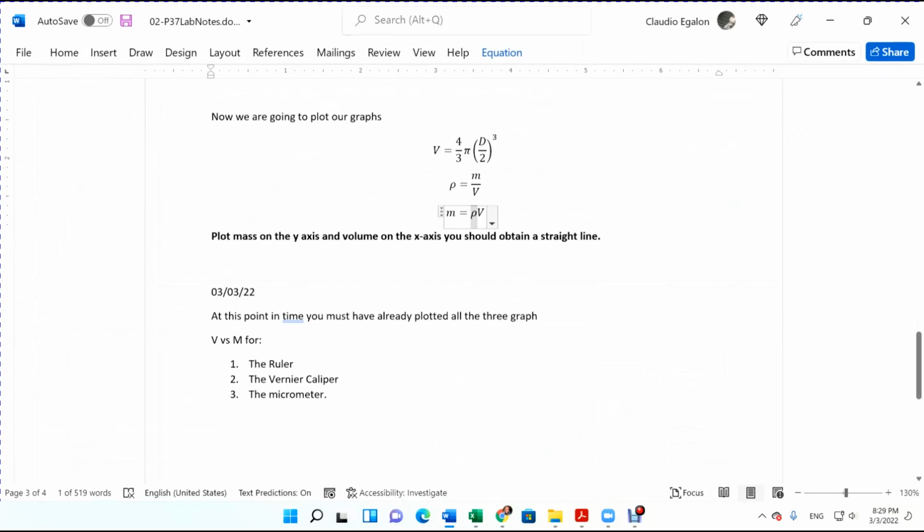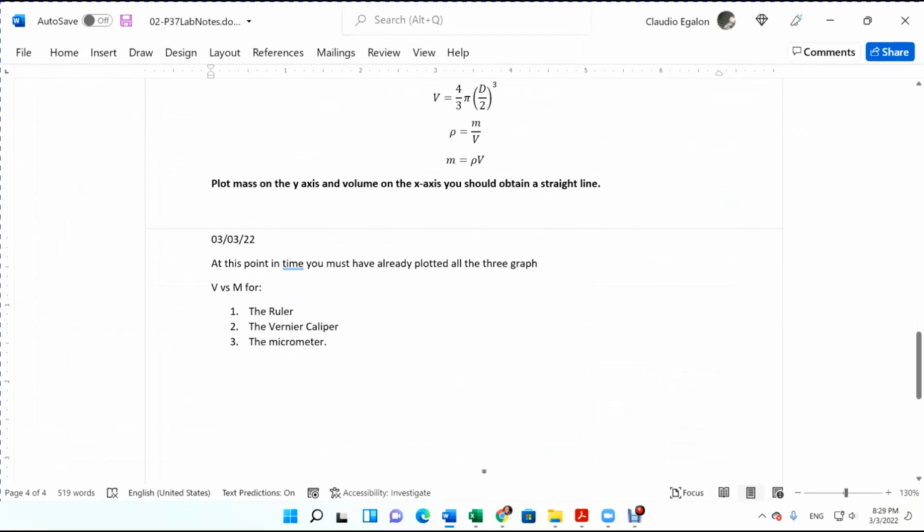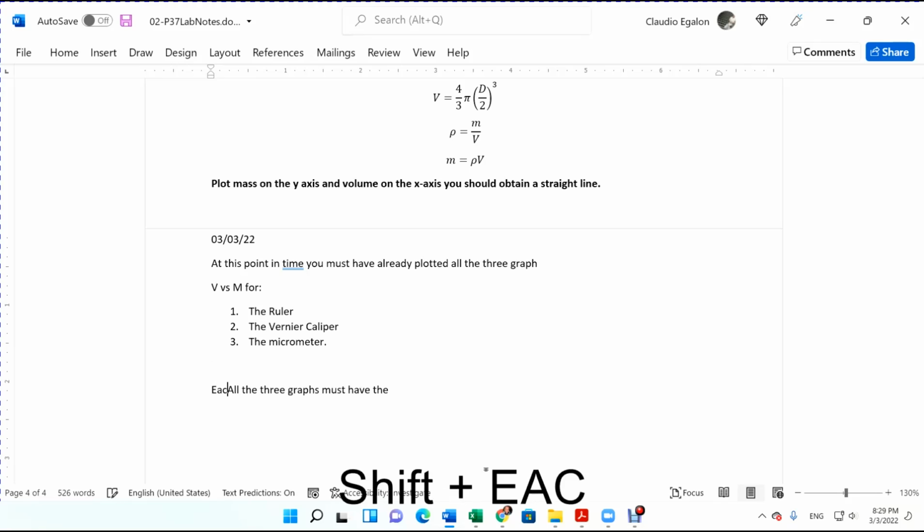Here, the ruler, vernier caliper. You must have plotted all three graphs. Each of the three graphs must have